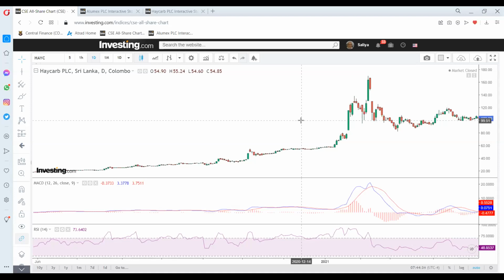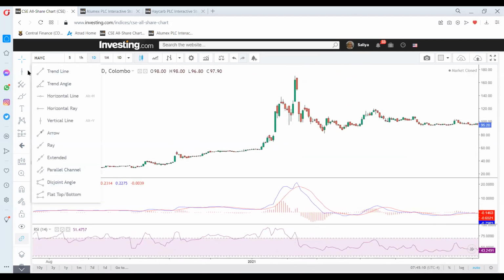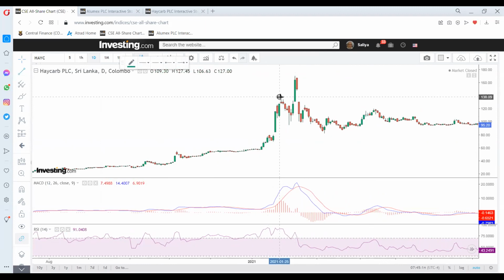Similarly, when there is a bearish divergence, what we look at are the highs of the price. When we see a high formation in the price, if the RSI or the MACD highs are either going parallel or coming down, giving us lower highs, that shows a bearish divergence. Now you can see here, this high is lower, this high is higher. So there is a higher high formation. But if you look at the RSI over here,